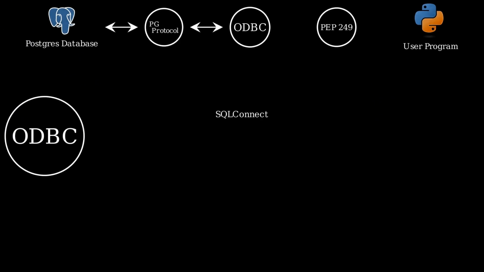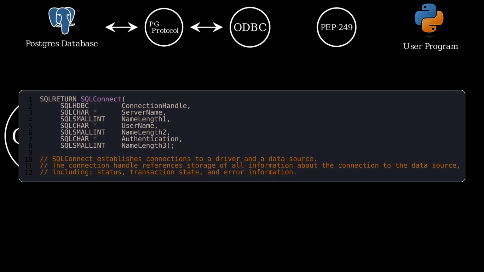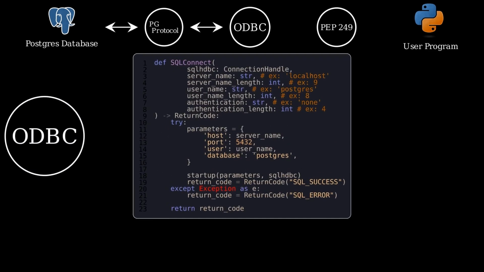This is the minimum we will need to connect to Postgres and execute a SQL query and read the results. To get an idea of what the ODBC spec is, let's look at the SQL Connect function. The spec defines inputs, functionality, and return codes from the functions. In the case of SQL Connect, it takes in something similar to the connection handle and establishes the connection to